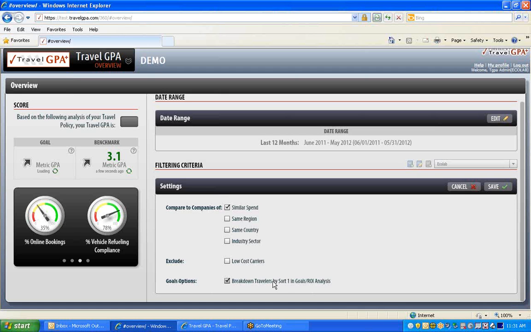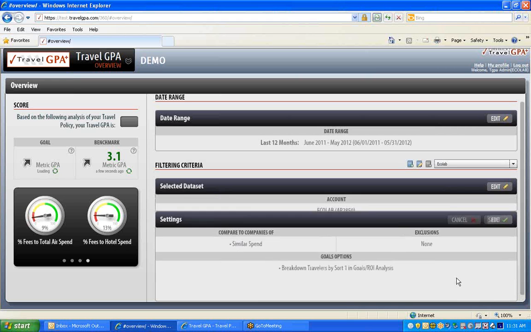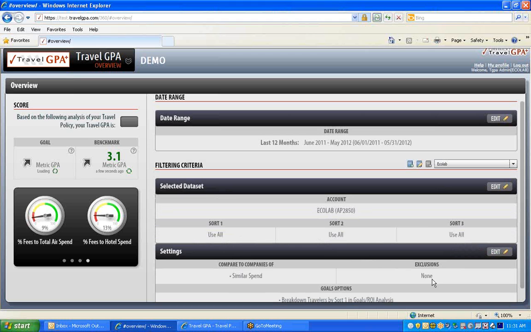There's a goal option to include the Sort 1 fields with your travelers when you look at the goals based on individual travelers. So if you wanted to include that, you just check it, click Save, and then all of this information will be saved. And the nice thing about this is you can set up as many as you want for these preset date ranges. So to do that, you can just click on Duplicate Criteria Set,